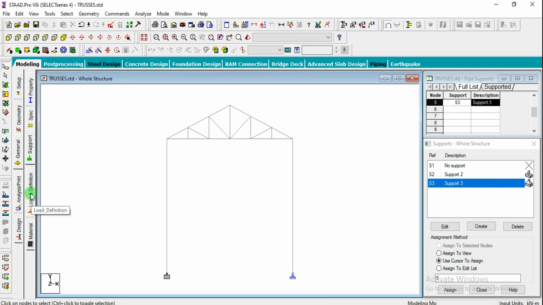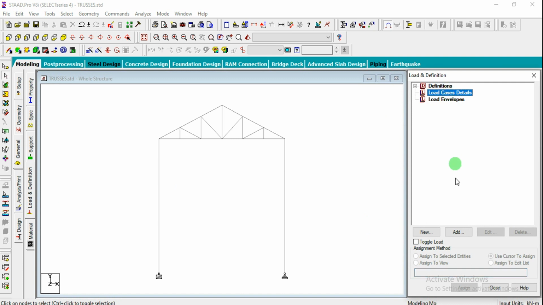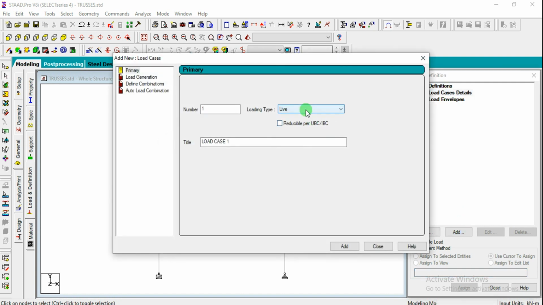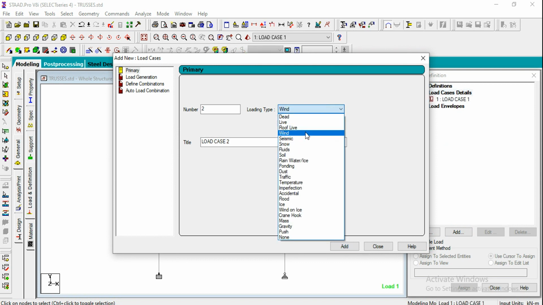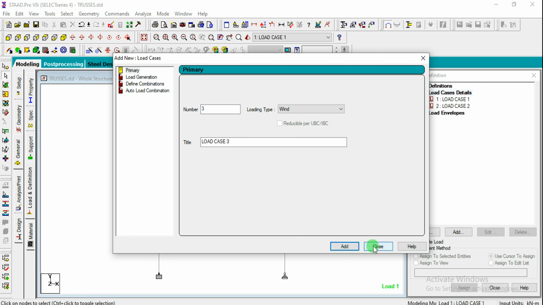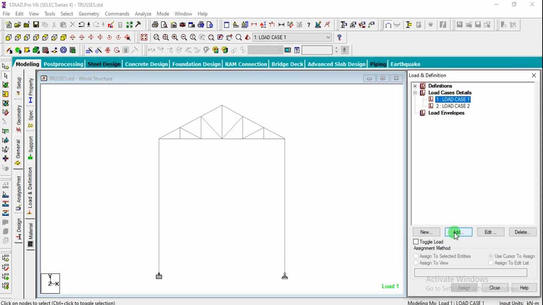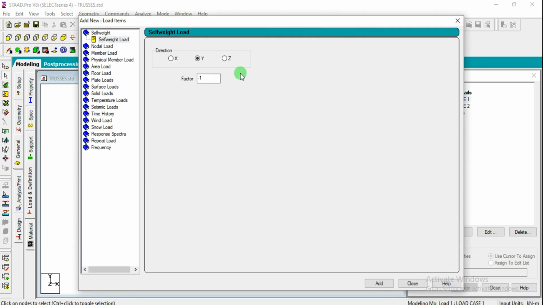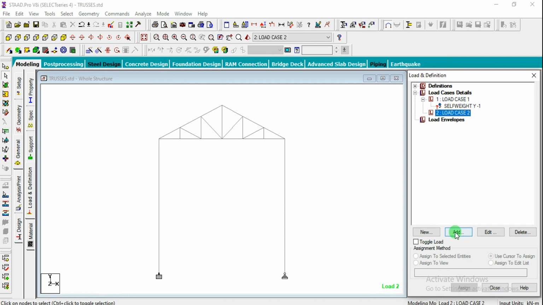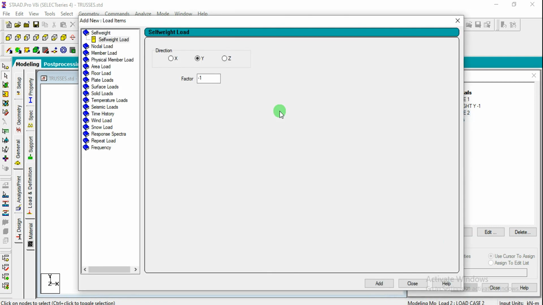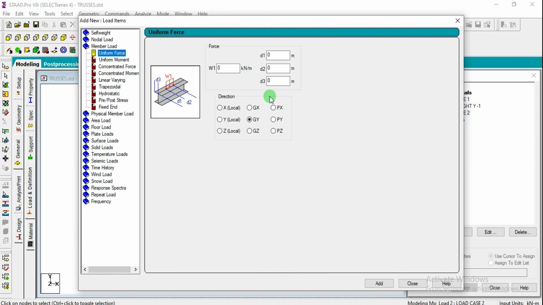So next step, I just want to go for loads and definition, load case details, click on add. So we can create dead load, and I want to create another wind load. So wind load can be given by using the definitions, or else you can just calculate the uniform pressure there and you can give that in UDL way. Okay. So right now I want to add the self weight under dead load here, and under load case 2 I want to create the wind load by using member load uniform force, and just I'm going to take minus 4.25 for example, and acting in GY direction, click on add and close.